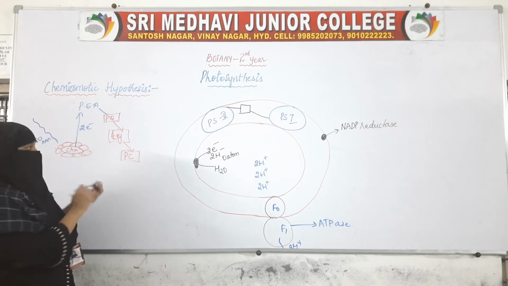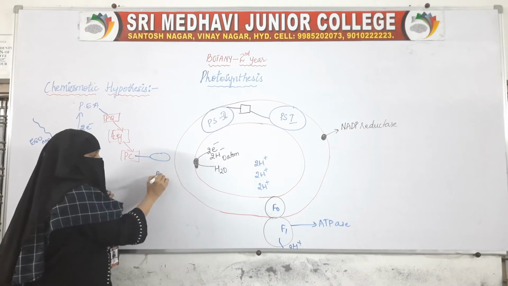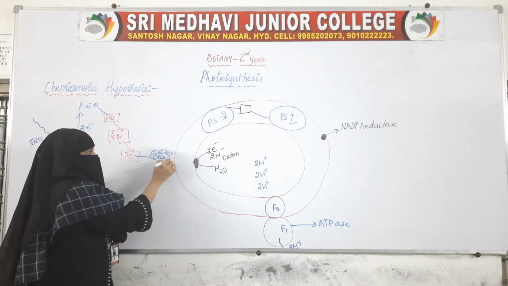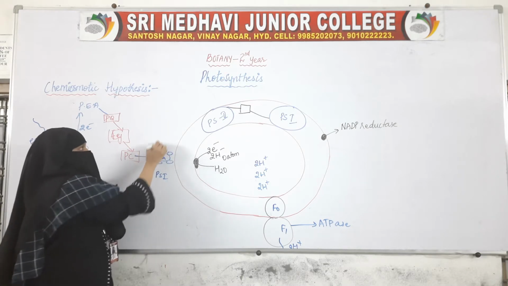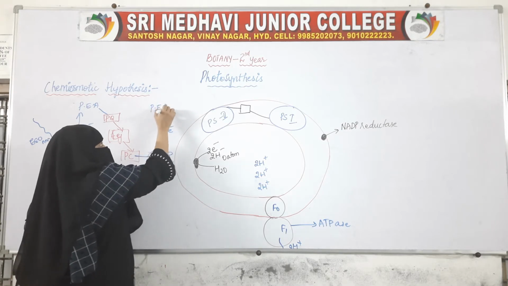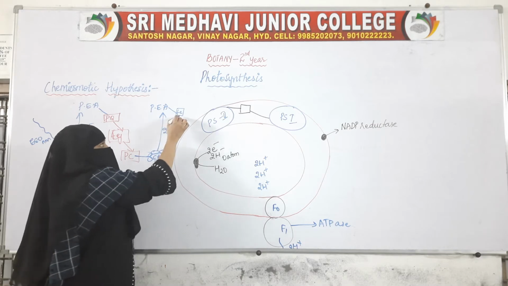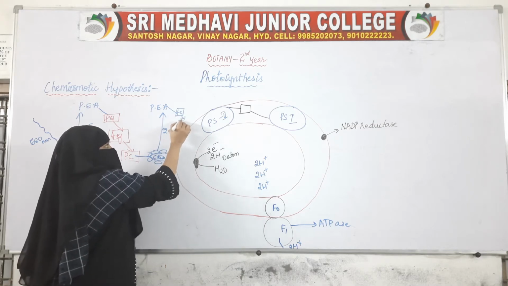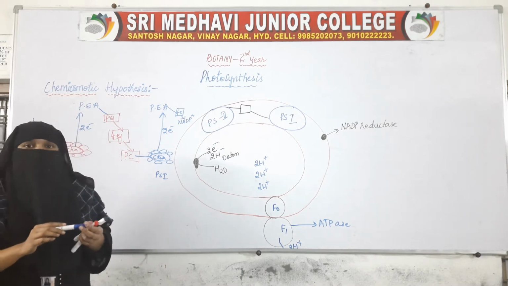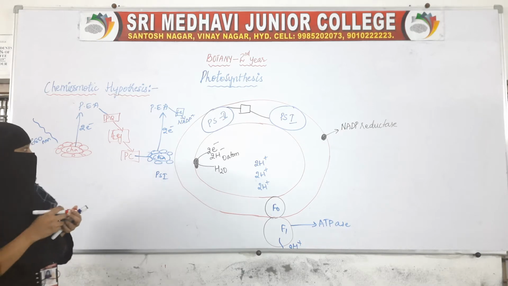And from plastocyanin it moves on to the reaction center, that is photosystem 1. This chlorophyll A here also ejects an electron, accepted by the primary electron acceptor, then transported to ferredoxin, and from ferredoxin it is transported to NADP+. This we have seen. Now let us see how these ATPs have been formed.